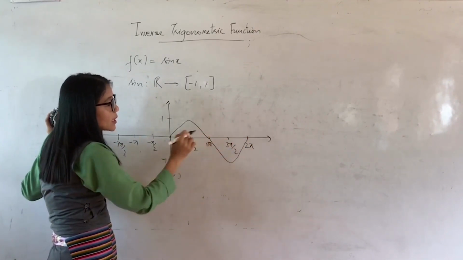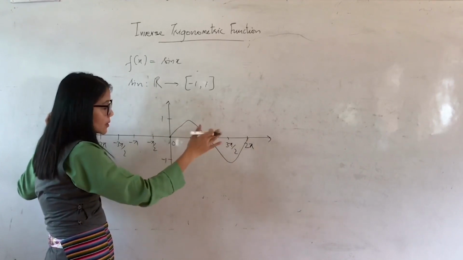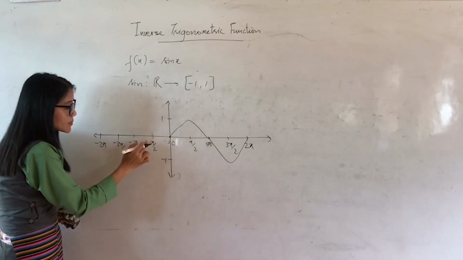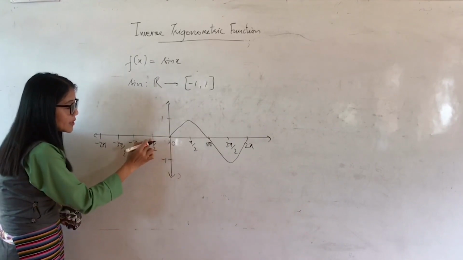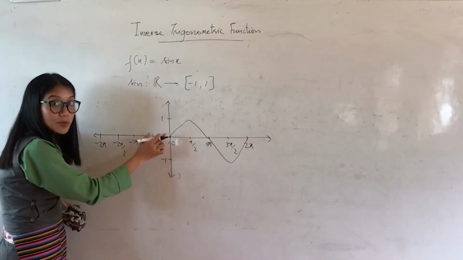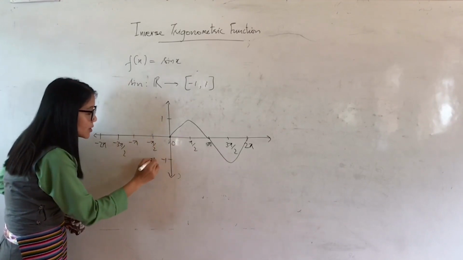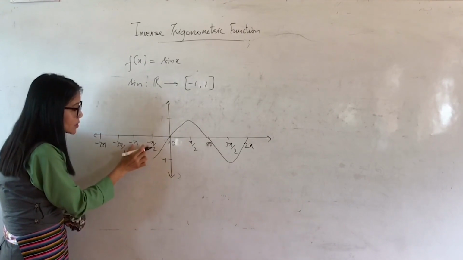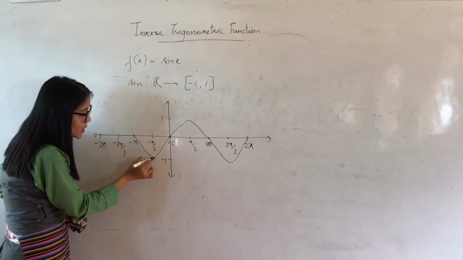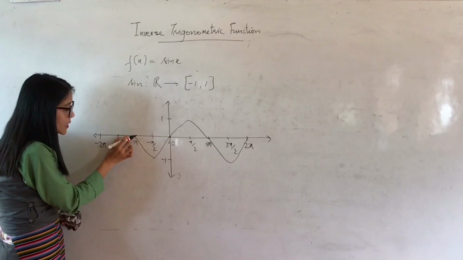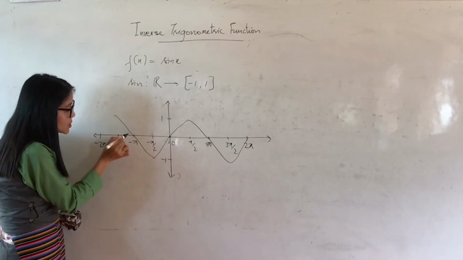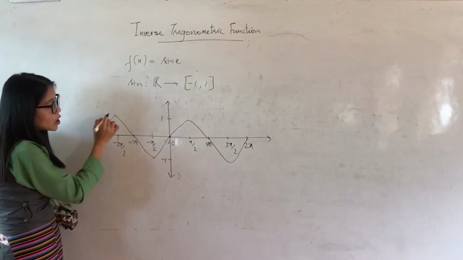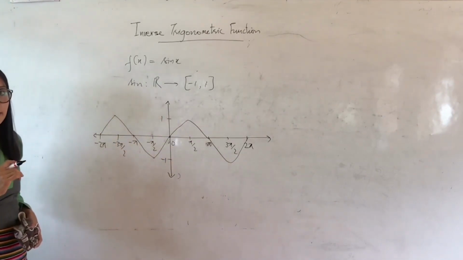So this is the graph of sine on the positive side of the number line, okay? And here in the fourth quadrant, that is -90 to 0, it is the fourth quadrant. In the fourth quadrant, it is increasing from -1 to 0. In the third quadrant, it is decreasing from 0 to -1. In the second quadrant, it is decreasing from 1 to 0. And in the first quadrant, it is increasing from 0 to 1. So this is the graph of sine, right?